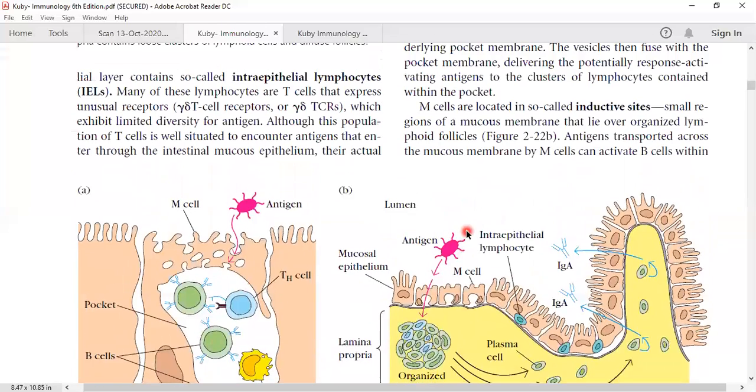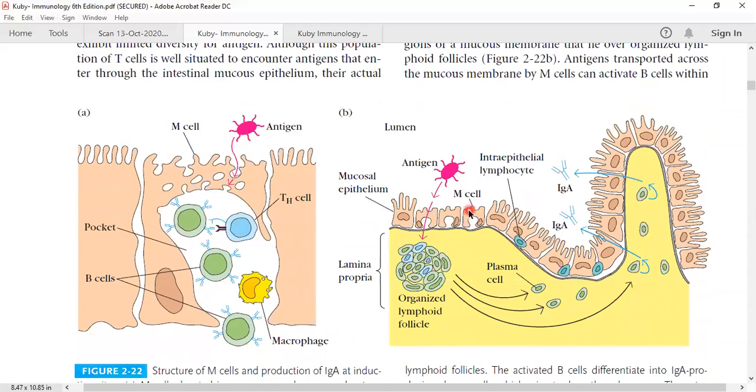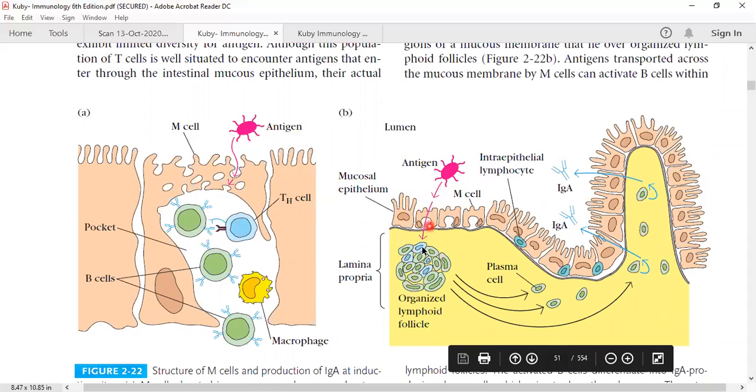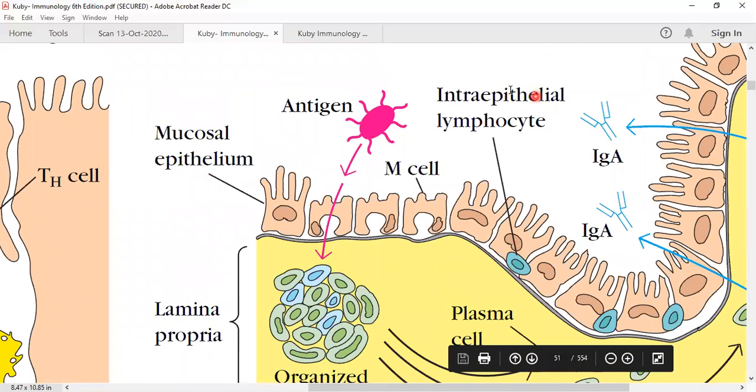One more thing we have discussed is IELs. What are IELs? Intraepithelial lymphocytes, so gamma delta T cells. All right. We have normal cells, called mucosal epithelial cells, helping in the digestion process. We have M cells. The M cells help in the transport of these antigens across the epithelial membrane. Then we have these blue cells, which are shown here. These are called intraepithelial lymphocytes. These are gamma delta T cells.